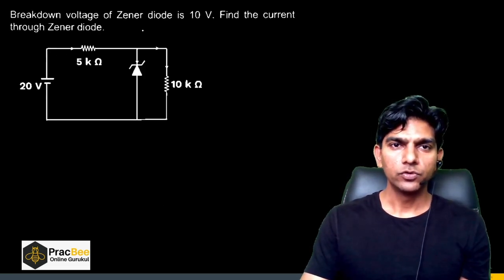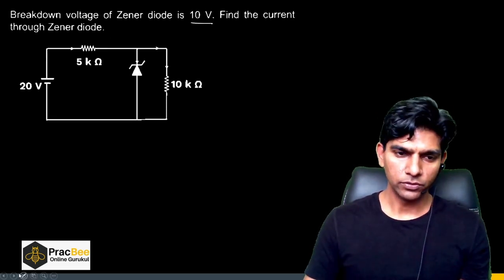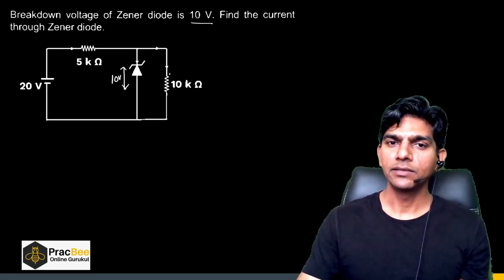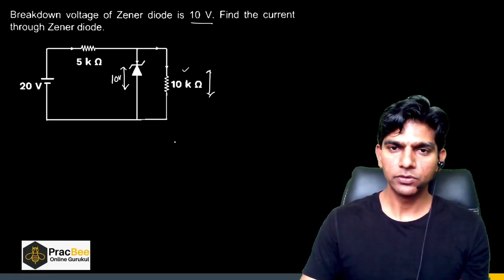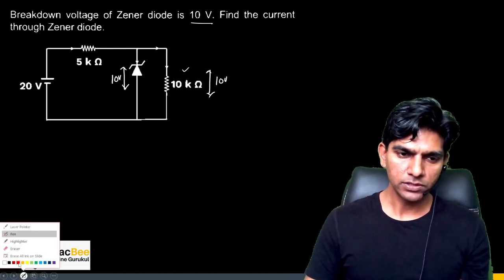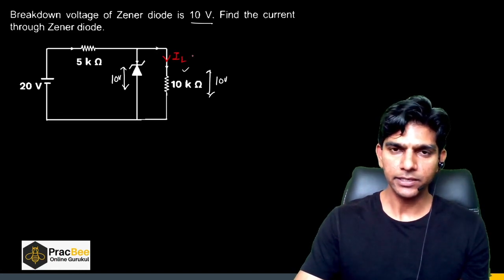Next, the breakdown voltage of a Zener diode is 10 volts. Find the current through the Zener diode. Okay, right. So we are given that the potential drop across the Zener is 10 volts. So since the Zener and this load are both connected in parallel, the potential drop across this load resistance will also be 10 volts. So if we know the potential difference across the load and the resistance, we can find the current. So let us say this is IL, and IL will be 10 by 10 kilos,